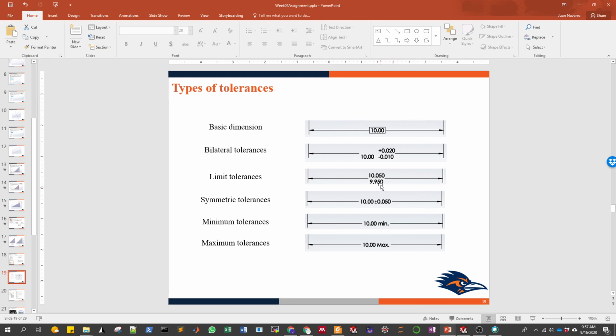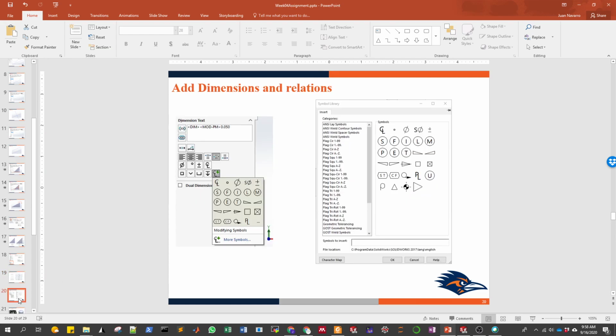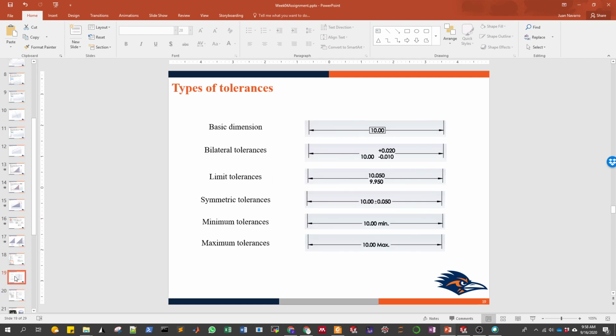Or you can just put the maximum and minimum values that you are willing to accept, and anything between them is okay. Or you just have one bounding value. So you might have either the minimum value or the maximum value. So there are different ways of representing tolerances. There are many more. These are just some